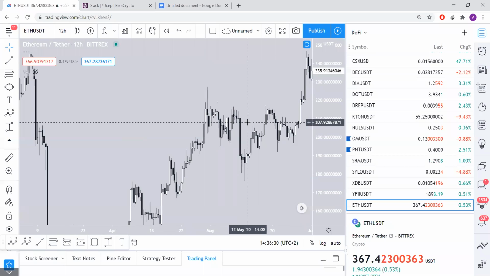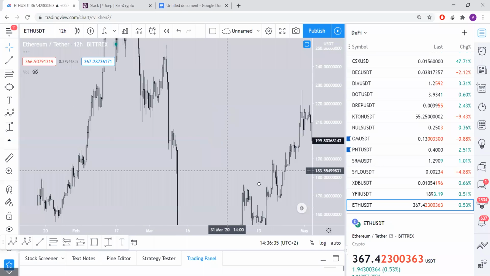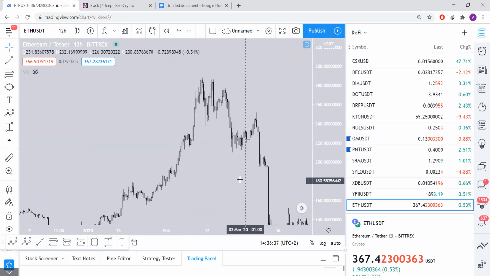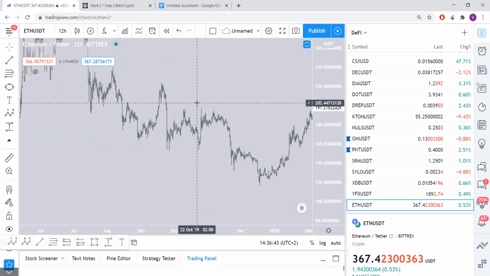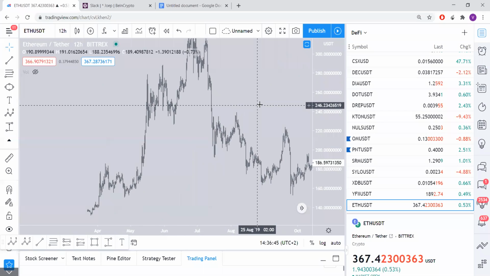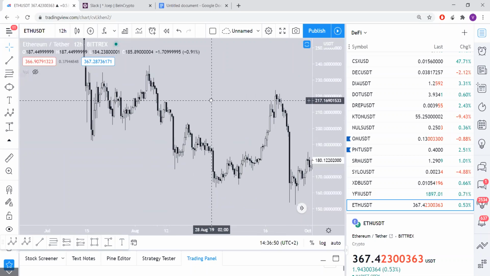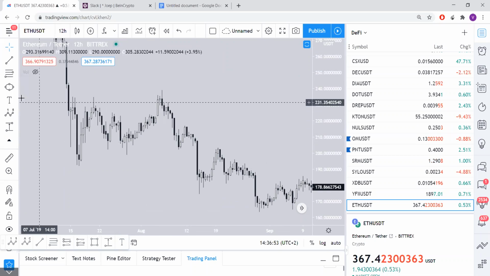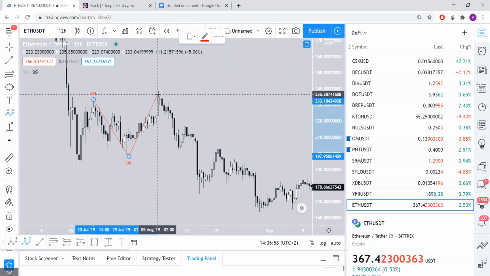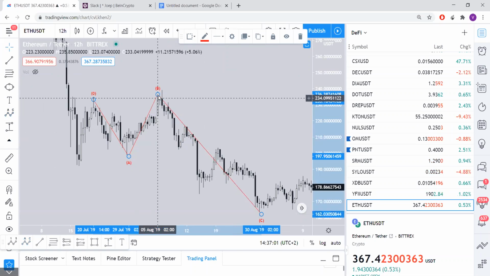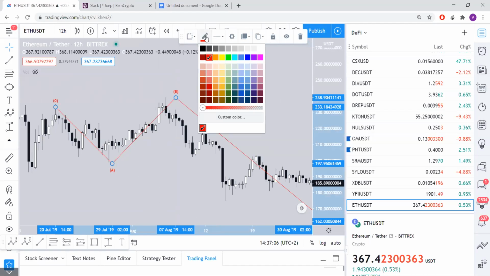Let me see if I can find an expanded flat really quickly. I probably can't, because they're rarer than normal flats. No. I think this can be an expanded flat actually, even though the C wave is extremely big. So it can look like this. I'm not sure. I have to check the subwave count to see if this is an actual expanded flat, but it would make sense to be because